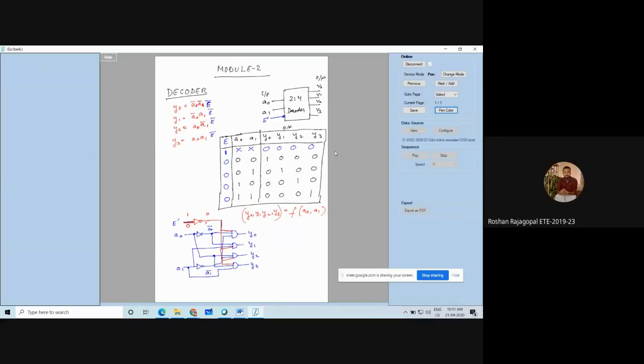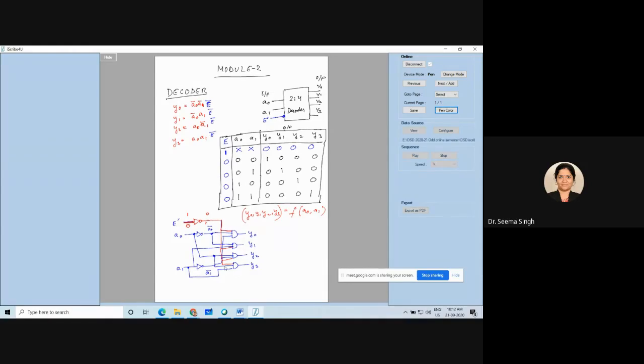Ma'am, I got confused in the enable word. You tell me what is the confusion? Ma'am, the diagram. That AND gate diagram. You are not clear about the addition of enable pin in that? Yes, ma'am. Okay, see here what you can see. This one pin is going for enable pin, whose output is connecting to all the AND gates. Okay. Yes, ma'am. So now you see, if I make enable as high, the way it is shown in the truth table, here you will get a 0.